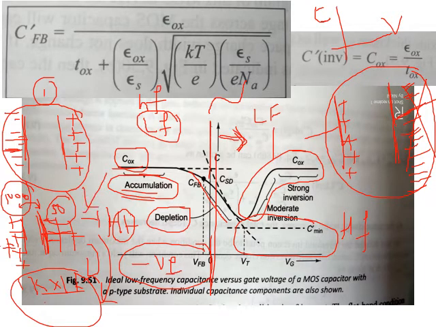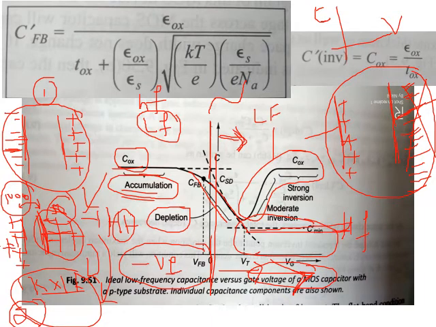This is the second case. When I give positive potential, enough charges will not be developed, hence the capacitance is decreasing as I am increasing the voltage, correct? But if I give a very large voltage, then I have two different scenarios. If I am changing the voltage very fast, then the capacitance cannot move up. It remains at the C minimum only.